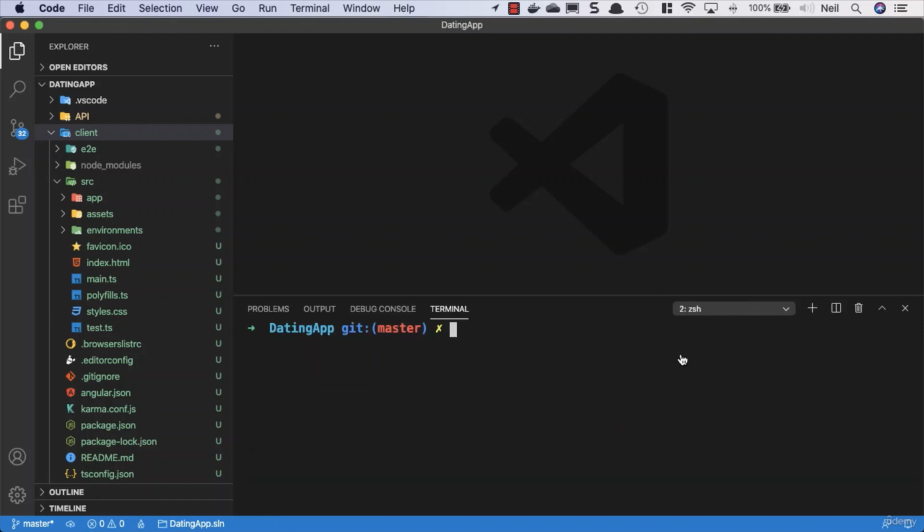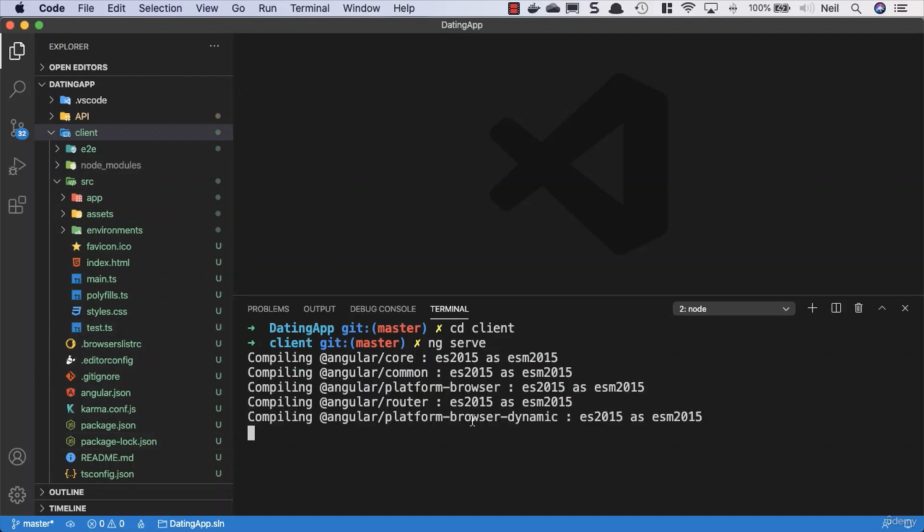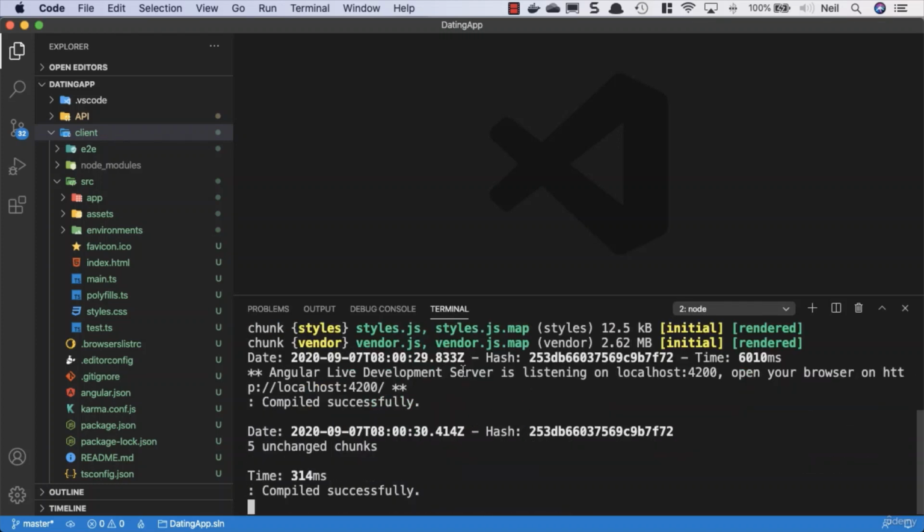So what I'm going to do is open up a new terminal session. I'm going to cd into the client folder, and then I'm going to run a command called ng serve, and this is going to start our Angular development server. It's also going to compile our TypeScript files contained inside this application into JavaScript and serve those JavaScript files from memory. And once this is started, it tells us that the Angular Live Development Server is listening on localhost:4200,